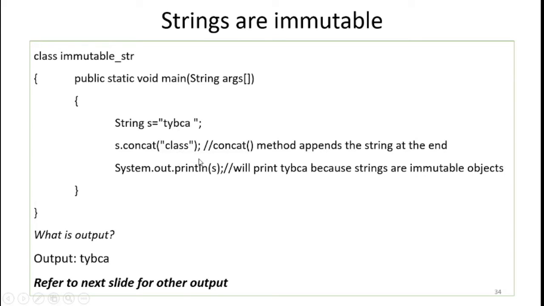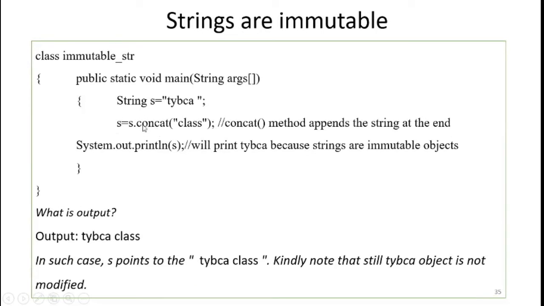Why? Because strings are immutable in Java. This means that the contents of a string object cannot be modified. Any changes made to the string object will result in a new object, keeping the old one unchanged. So here the old object is s, and whenever we do the concatenation, we should create a new object for storing this complete concatenation of the TYBCA and class strings, so that we get the proper output whenever we display the object s. So what modification do we have to make in the program?